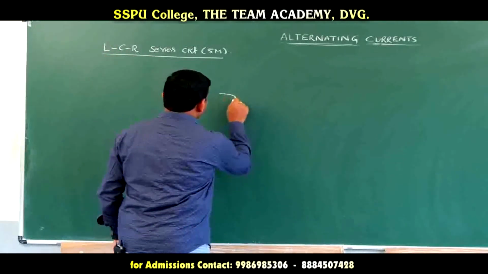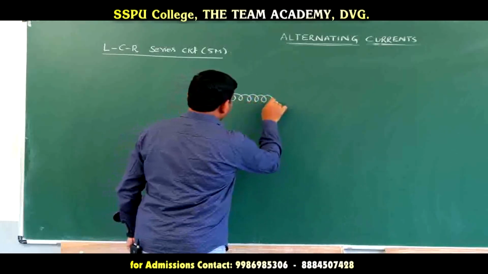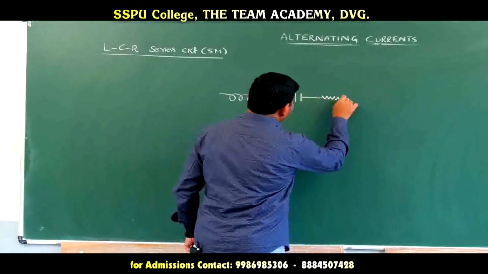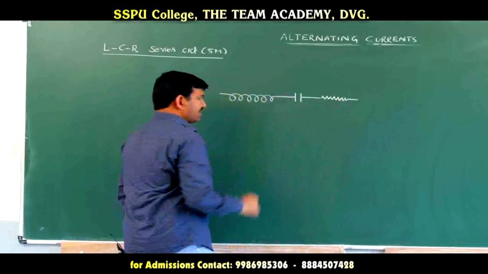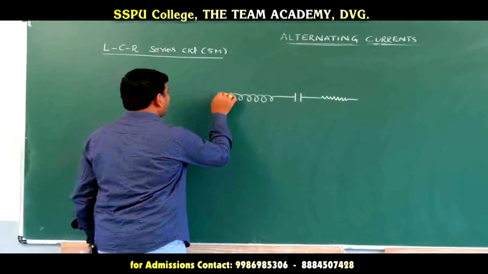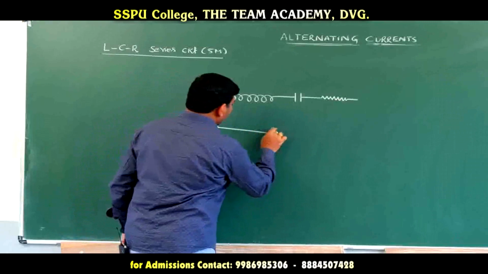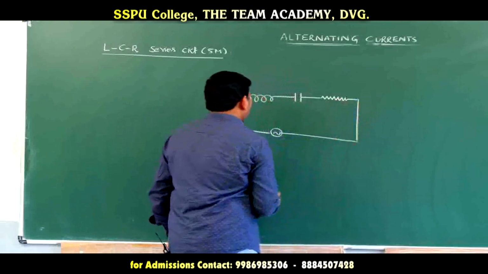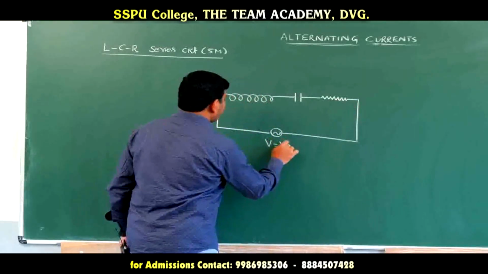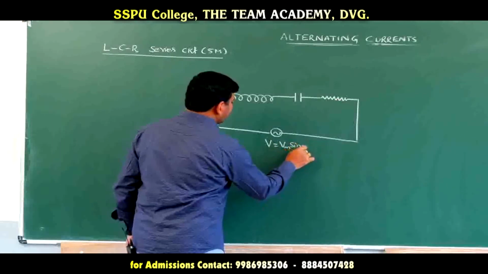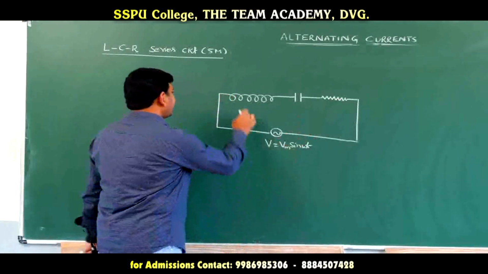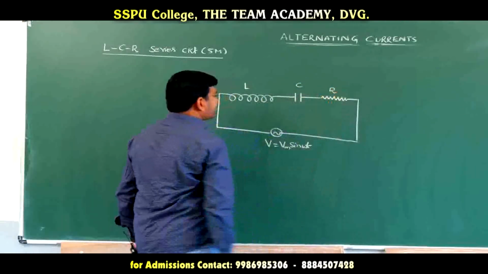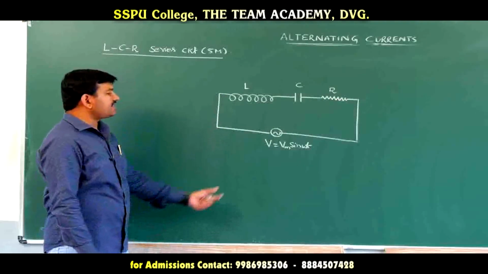So, here there is an inductor of inductance L, a capacitor of capacitance C and a resistor of resistance R. And these three are joined in series. This combination is connected across an input AC voltage source. This is the input AC voltage source that we are taking here. This is the applied voltage, I will take it as Vm sine omega t, alternating voltage. And this inductor has an inductance L, the capacitor has a capacitance C, and the resistor has a resistance R. Now this is the applied voltage.